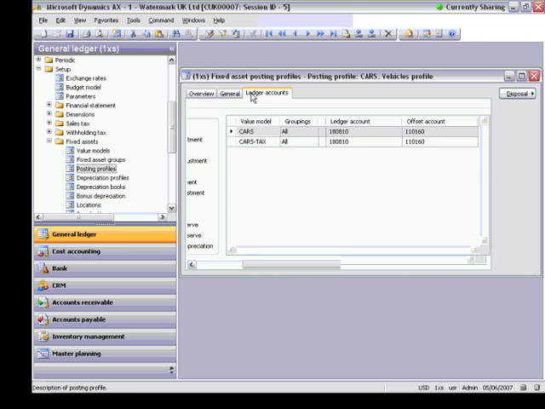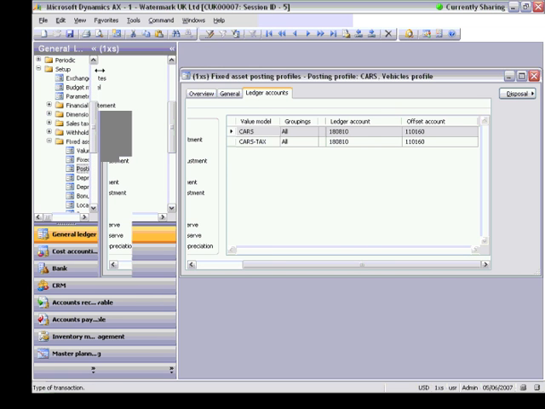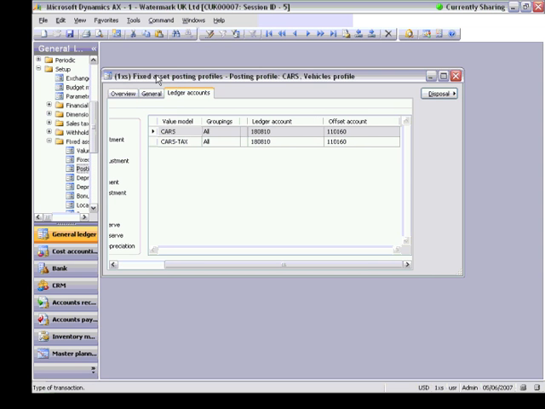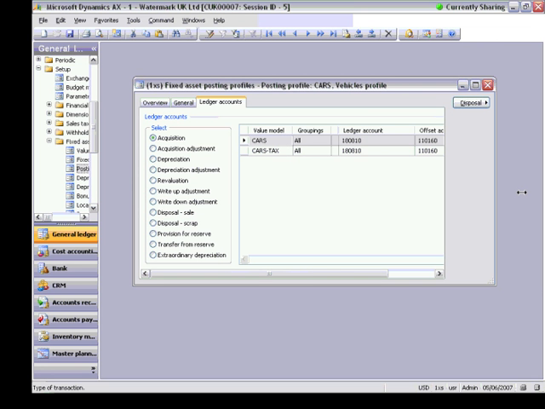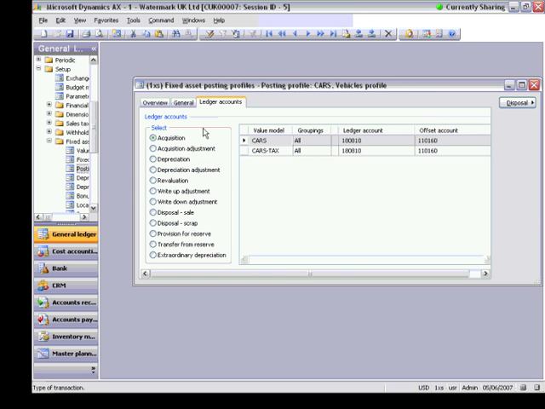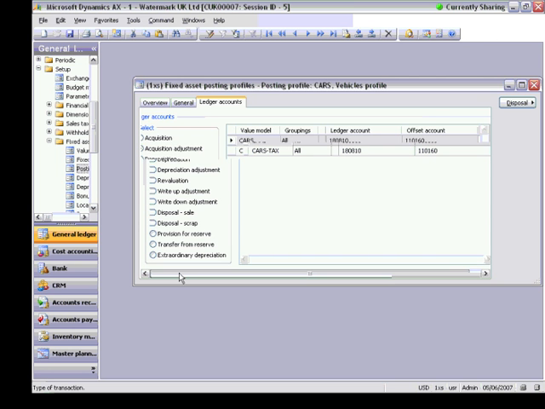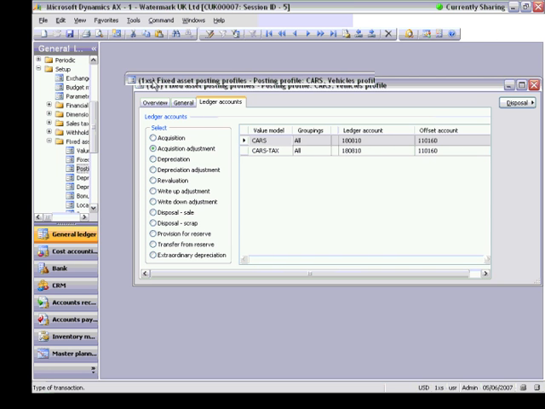On the tab ledger account, in the left side of the form, you see select field group, and you see in this group fixed asset transaction types: acquisition, adjustment. Now I selected acquisition adjustment,